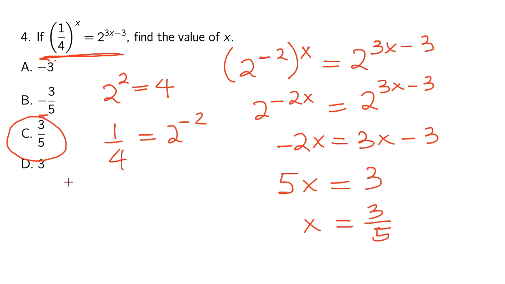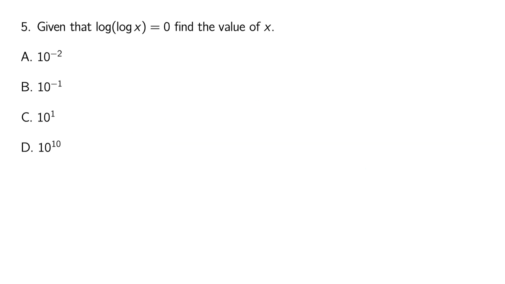The next problem is question 5. Given that log of log x equals 0, find the value of x. Now, whenever the log of something is equal to 0, what do we know about the thing? We know that that thing must be equal to 1. So let's call that number m. If log m equals 0, then